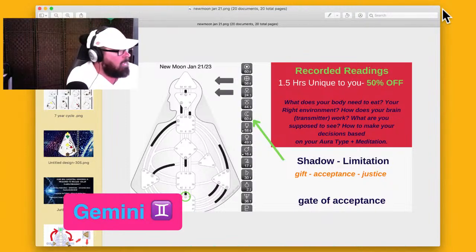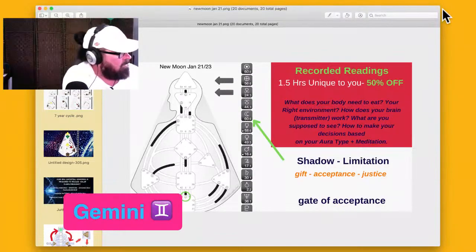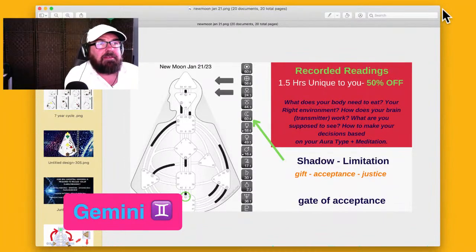So the shadow of limitation is going to be in your 8th house, right? Which is like Pluto and Capricorn in your 8th house. Geminis have been through a lot. Rising sun or moon. Well, that's Pluto's house, right? It's traditionally ruled by Scorpio.